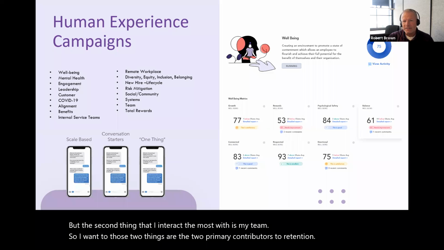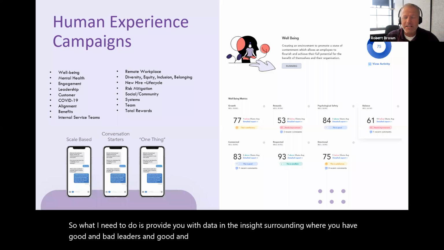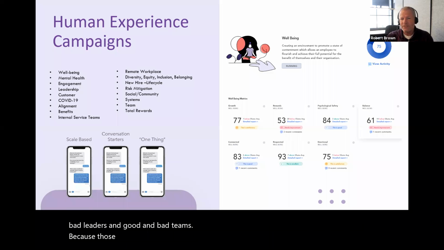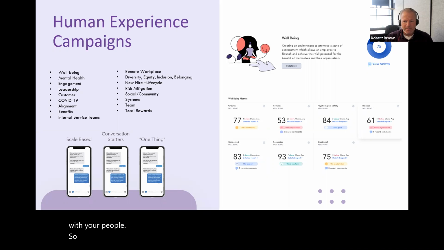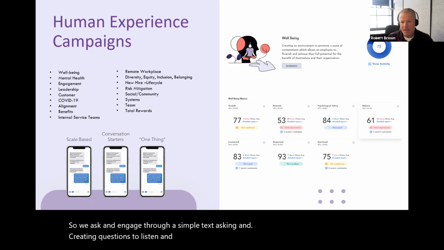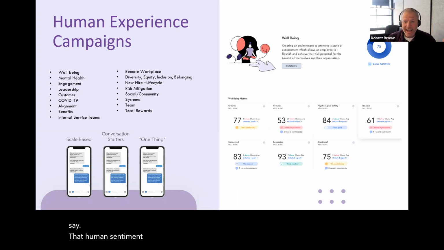So what I need to do is provide you with data and insight surrounding where you have good and bad leaders and good and bad teams, because those are the number one and two drivers of the experience and what's happening with your people. So we ask and engage through a simple text, asking and creating questions to listen and learn about their experience. We then translate what they say, that human sentiment, into live, real-time metrics,